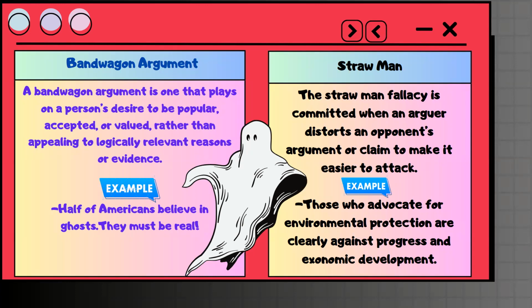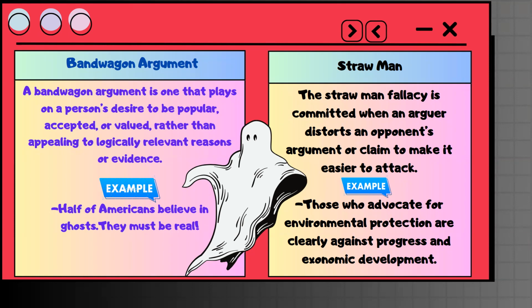bandwagon argument, is a fallacy based on the assumption that the opinion of the majority is always valid. That is, everyone believes it, so you should too. It's also named appeal to popularity. A bandwagon argument is one that plays on a person's desire to be popular, accepted, or valued rather than appealing to logically relevant reasons or evidence. And there is an example. Half of Americans believe in ghosts. They must be real. And the other one, straw man,